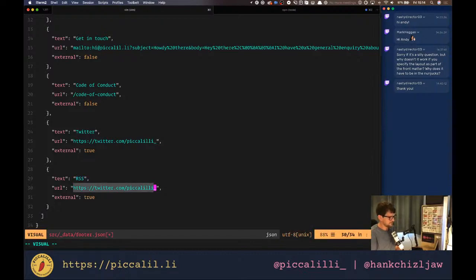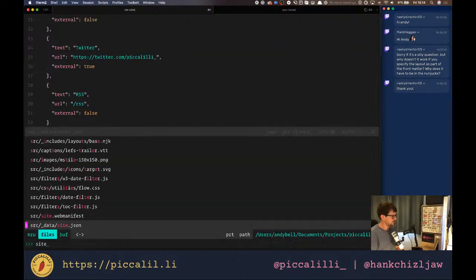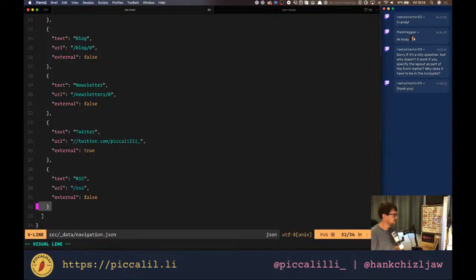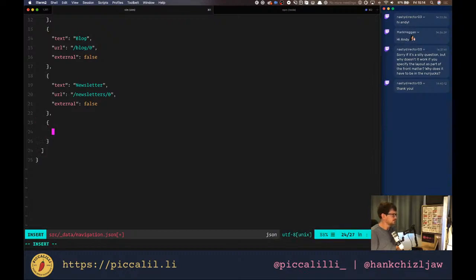Again, Vim tip: you do VI and then double quote, and that selects everything inside the double quotes, and then you do P and paste it on there. Then external is false, and then I think it's just nav.json. There we go. So I can get rid of these two now, and then I'll type this one out. We'll say text is quick tips, and then the URL, which we'll create in a second, is quick tips,